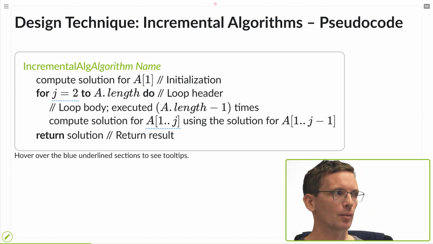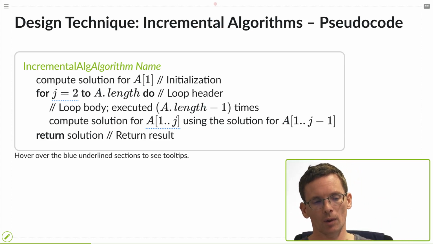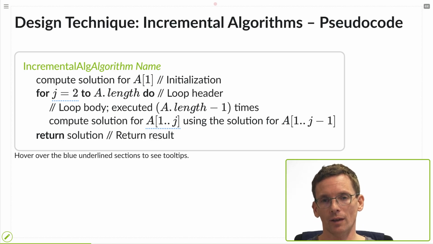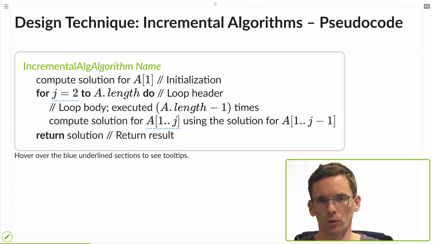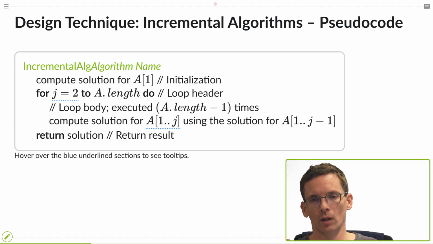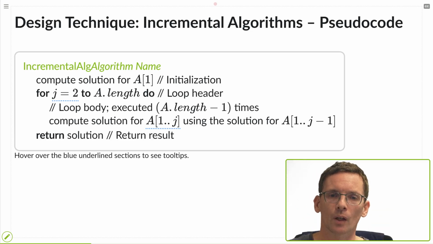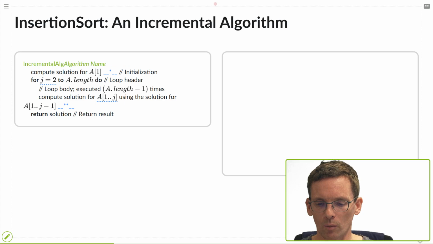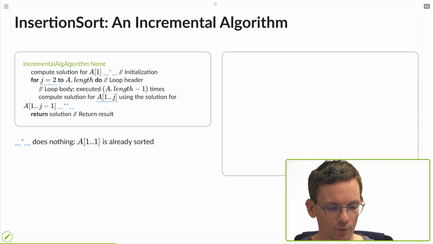A very simple example of this is, I have an array and I want to find the maximum. I first take the first element as the maximum, and then I scan the array. Each time I see a new element, I compare it to my current maximum, and if it's larger, I set that to the maximum. This is a very simple incremental algorithm which exactly follows this idea: I compute a solution for the first j elements based on my solution of the first j minus 1. This is the maximum computed so far, plus a new element. But we are not looking for a maximum, we are sorting. So how does this look for the sorting problem?